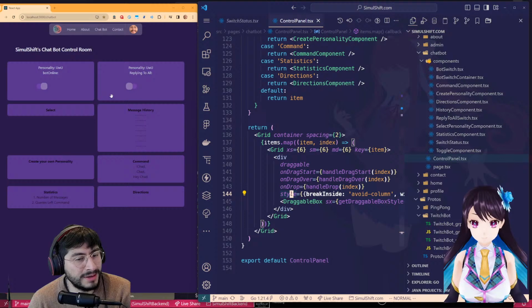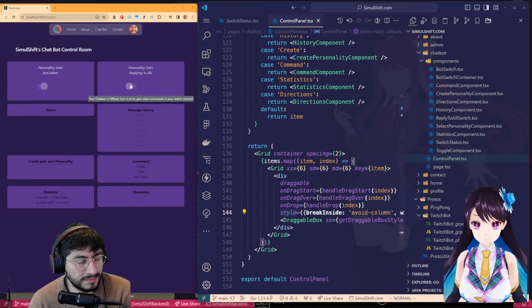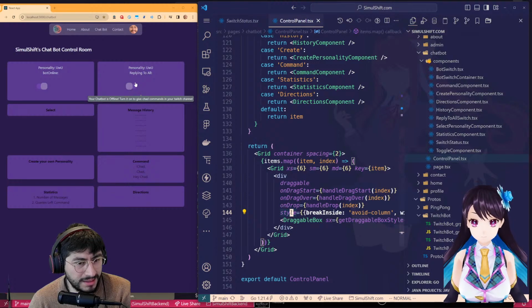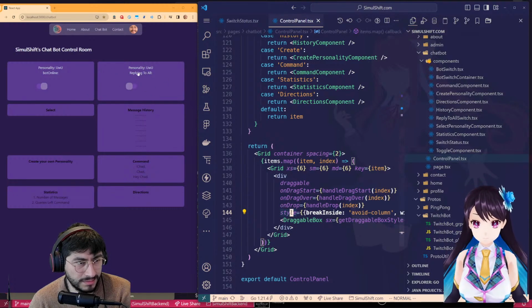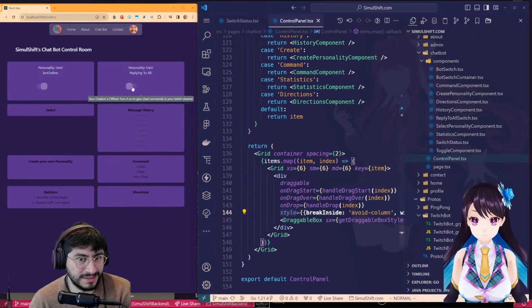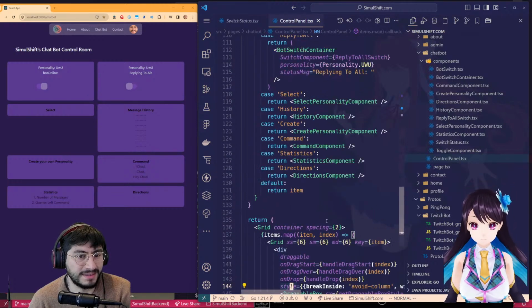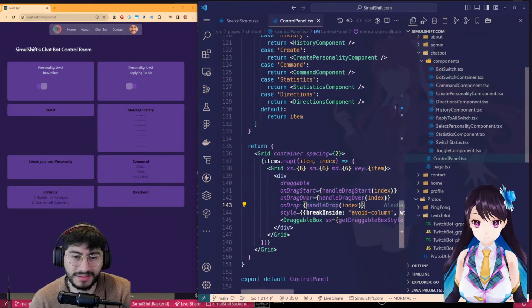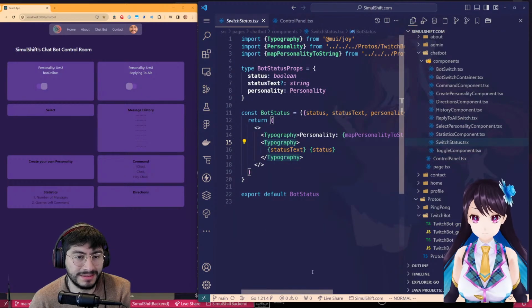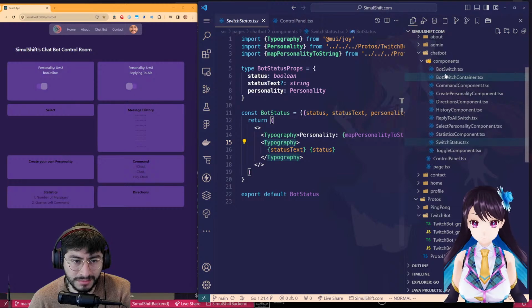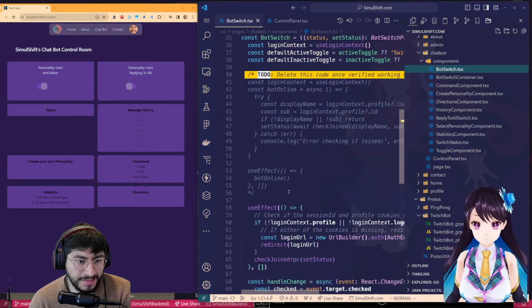Now we got this going. Next step is to get this switch button to work, which it's not. Okay. To do that, I need to figure out the switch status. So